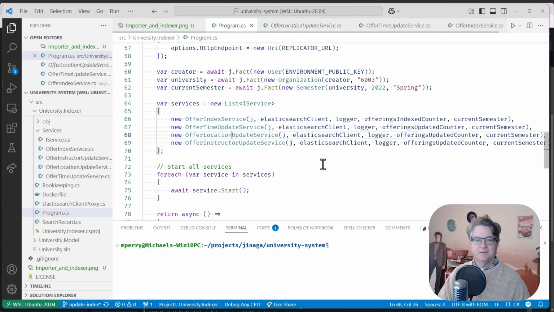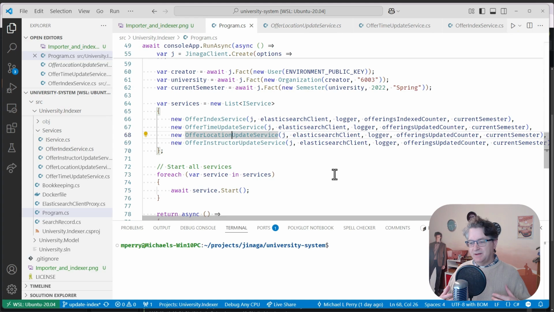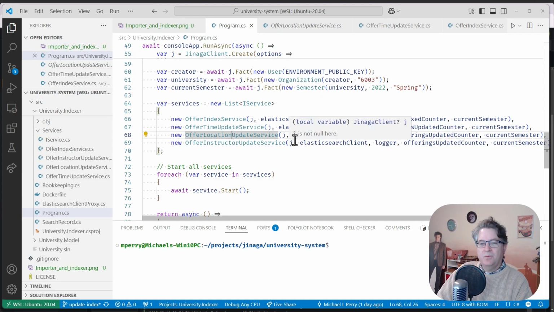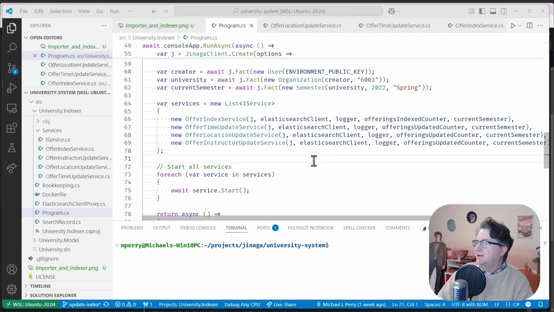So that way we can be gentle on Elasticsearch. We can use Elasticsearch the way that it's intended to be used, instead of just smacking it every time we've got work to do. So that should greatly improve things. Now, there's one last thing that I want to try real quick before we sign off,